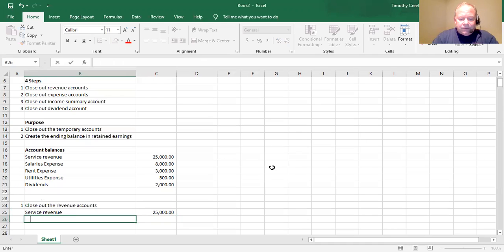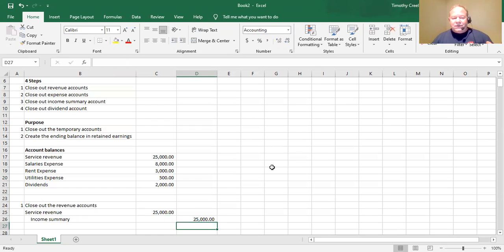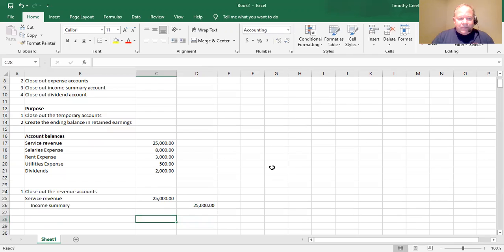And we're going to close it to income summary. And again, income summary's only purpose is it's where you put your revenue and expense accounts when you're closing them out. That's its only purpose. Then it gets closed out, so it never has a balance in it except momentarily, and then it's closed out. So if you want to close out the revenues, you want to debit the revenue since they have a normal credit balance. You want to debit them, and you're going to close it out to the income summary account. Now, step number 2